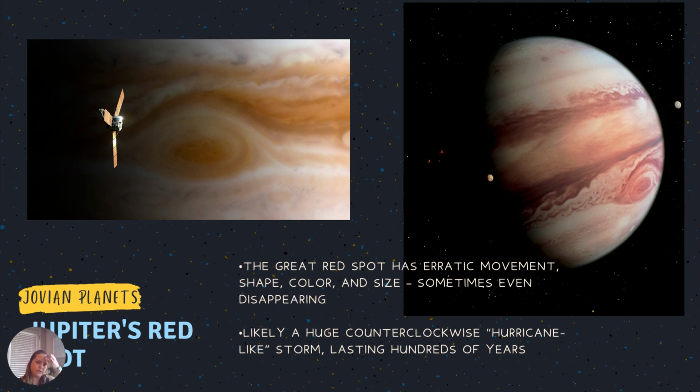All right, so here is the giant red spot, or the hurricane-like storm that has lasted hundreds of years. We've got some pretty good images of it historically, and there's constantly people interested in trying to figure out why the storm lasts, or if it really is a storm. It looks like a hurricane-type storm, which is why it's been deemed that for now. But hopefully in the future we have more answers. But as of right now, it's a really cool feature that only Jupiter displays.